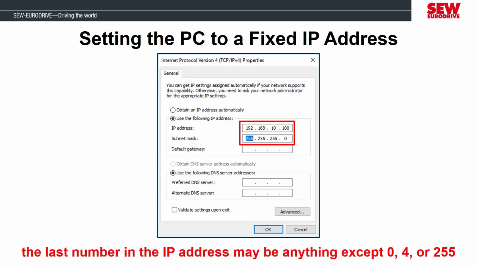So I'm going to set the PC to an address that is different than anything else on our network. It can't be a 0, the 4, because that's the MOVIDRIVE option card, and it can't be 255. So it's got to be something other than at least those 3 and then possibly any other device that will be using this range as well. For this example, I know there's nothing using .100, so I will set the last 3 digits of my IP